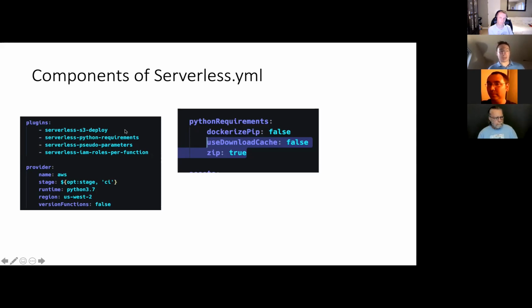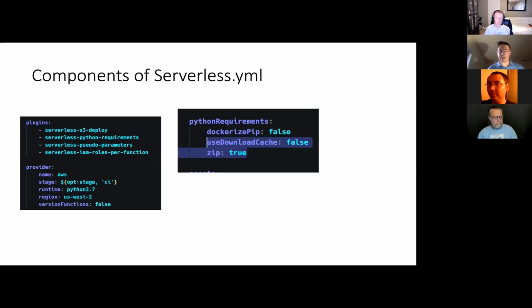You use Node Package Manager to install them. So you just do npm install, the name of a plugin, and then you put it at the top of plugins. Here we're specifying Python 3.7. And this is the Python requirements, which is shown here. And we can actually Dockerize pip if we wanted to. So when we upload our requirements.txt, all those dependencies, if we have Docker running, we can download everything in Docker and then upload Docker. And that will help with dealing with pip dependencies.